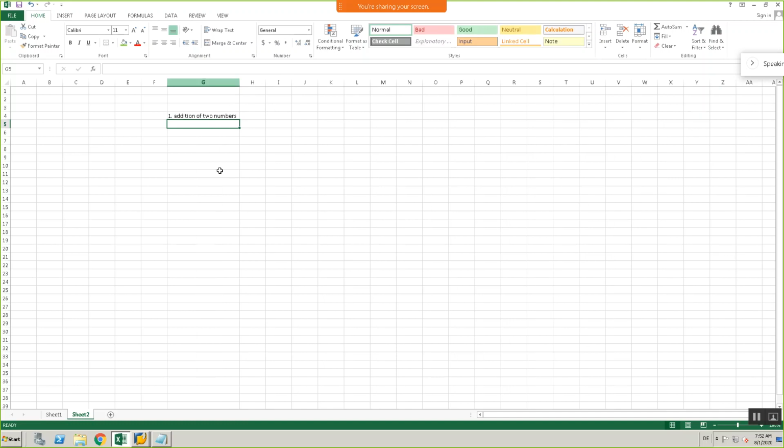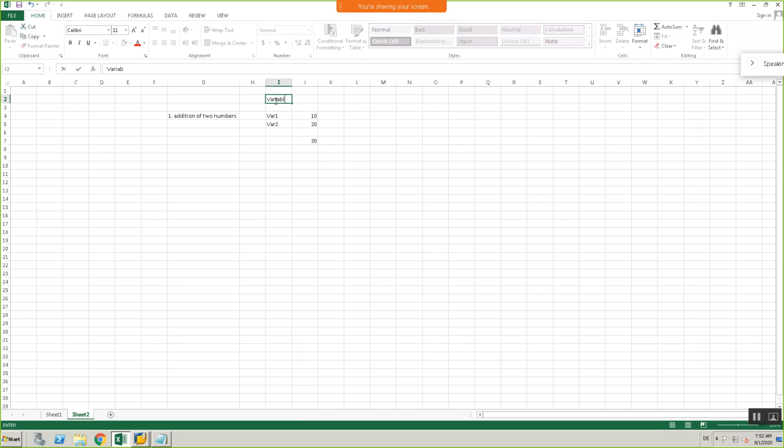Whenever I say addition of two numbers, initially I have to take 10 as one number, and another number is 20. When I add these two, my output is 30. This is me doing it myself. If the system wants to do it, I have to pass two inputs to the computer, and the computer will perform this addition and provide my output, right? In order to pass these two inputs to the system, I need to create two variables: variable one and variable two.